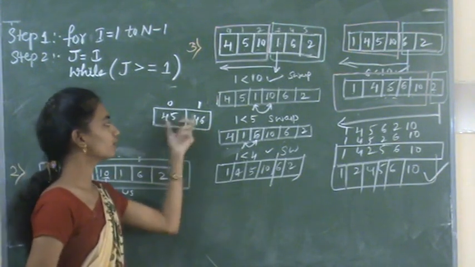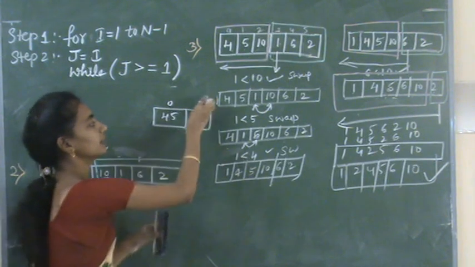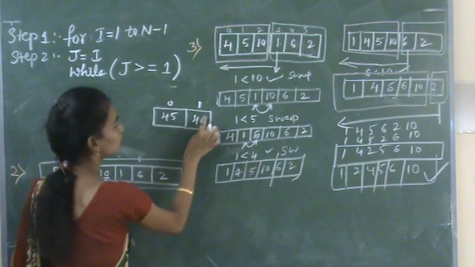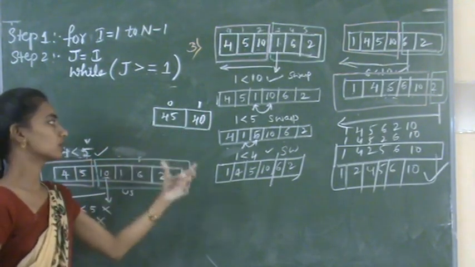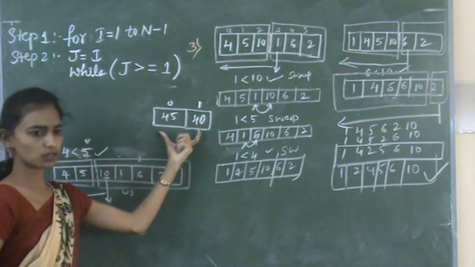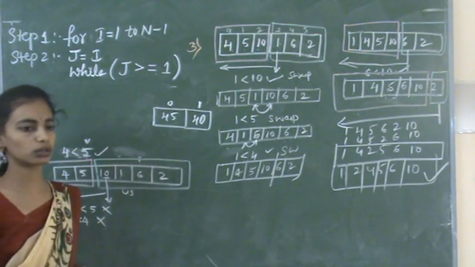So we are checking this condition, whether the index is more than or equal to 1. Suppose it is an array that we need to sort. If it is more than or equal to 1, we can sort, right? So this becomes an interchange. Now that is a sorted array.